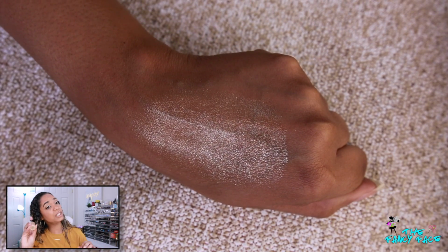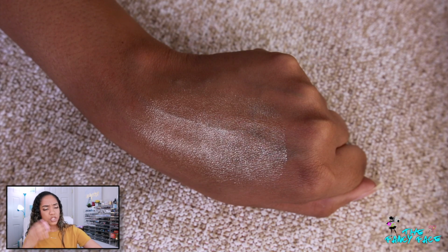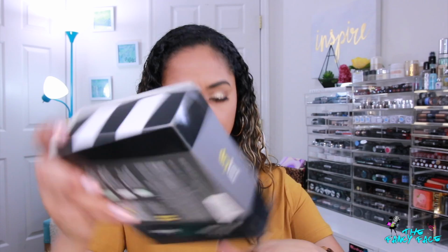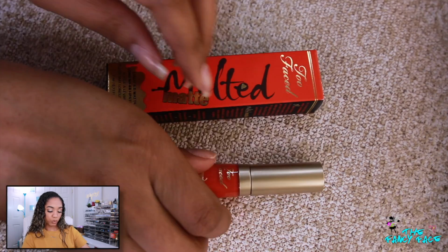Beautiful. I actually really like this, and because it's like a water texture, it dries down and doesn't budge. So I actually like this for my oily skin, and I'll use more of that during the summertime just to glow it up. And I did mention during that last haul video that I ordered the shade Miss Roper, which